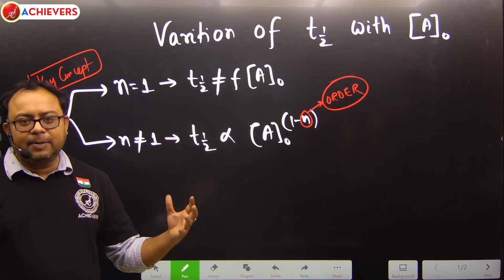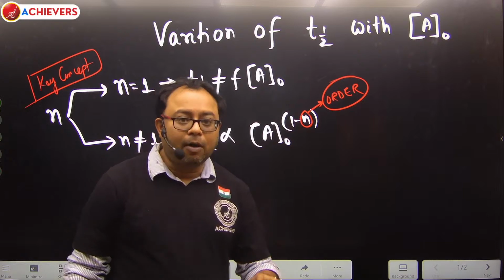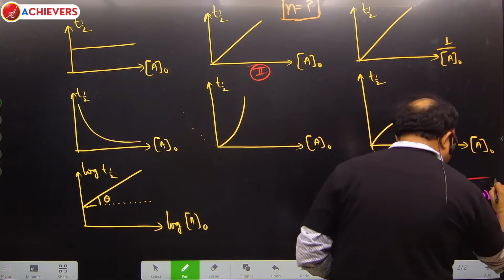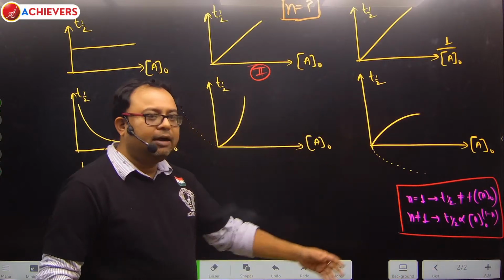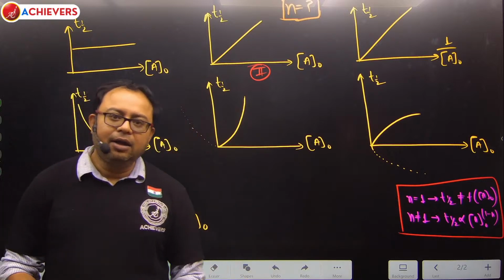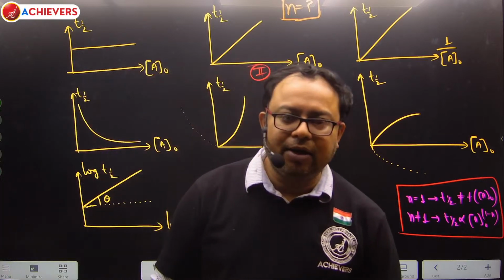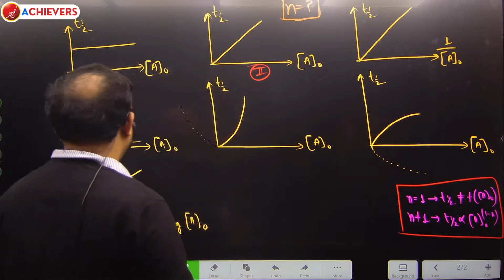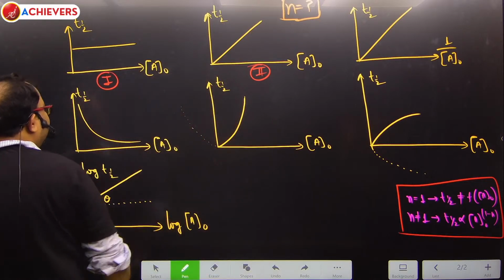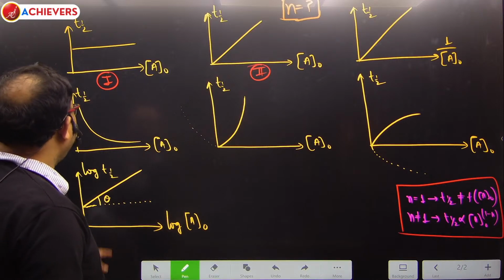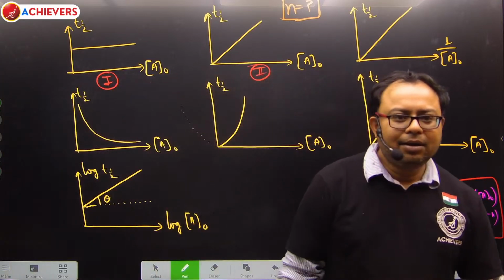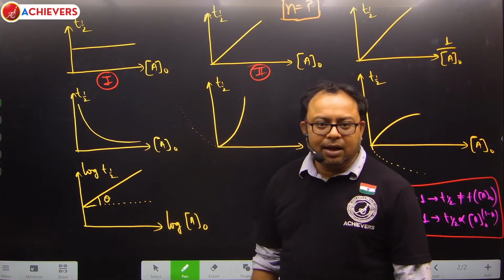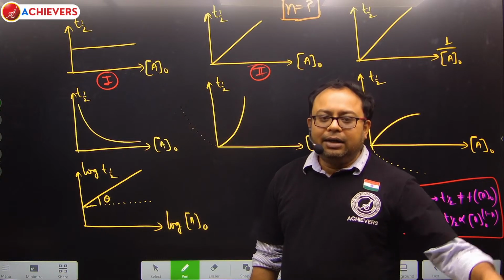So keeping in mind this particular concept, we will be solving some graphical problems. These are very important. So in short we have, for n equal to 1, T half is independent of initial concentration, and for n not equal to 1, T half is proportional to A naught to the power 1 minus n, where n is the order of the reaction. So let us focus on the first plot. In the very first plot, we find that when we are plotting T half along the ordinate and A naught along the abscissa, we find that T half